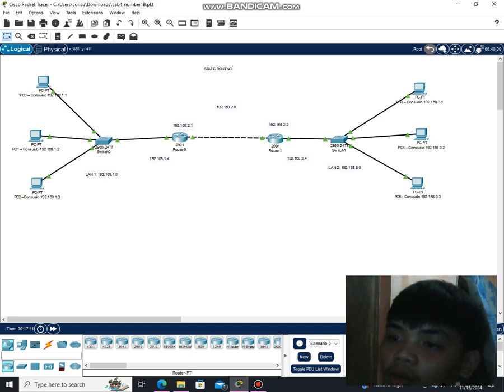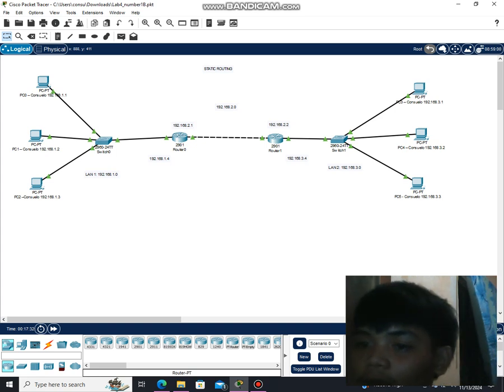To enable communication between the two LANs, I use static routing. On router 0, we need to route to LAN 2, 192.168.3.0, via the interface connected to router 1 using the IP address 192.168.2.2.